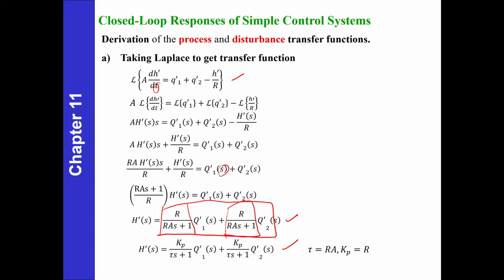To determine that, you have to remember between Q1 and Q2, which one is your control variable, which one is your manipulated variable, which one is your disturbance variable. I believe this one is our disturbance variable. This one is our manipulated variable. Okay, so if this one is the disturbance variable, the transfer function should be GD and this one should be